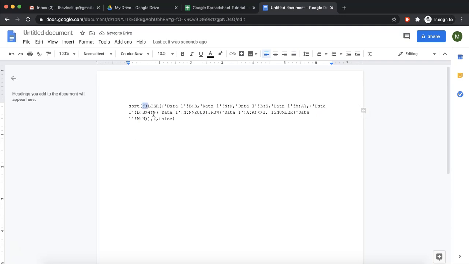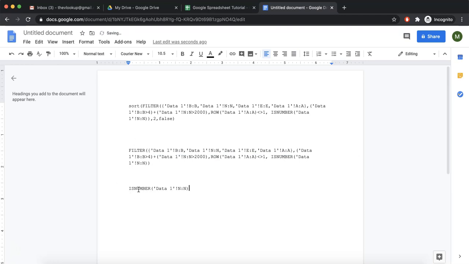And this was our filter function. So we'll copy this. This is one function which is filter, which we know how to use. In fact, let's also copy this one. Filter closes, and let's copy this one.